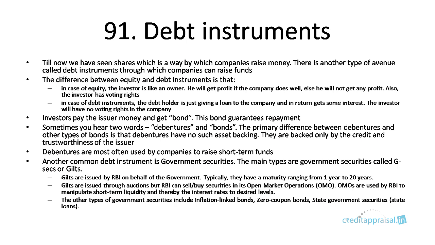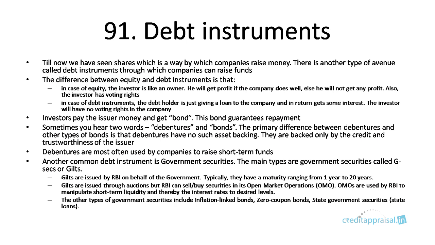Also, not just companies, the government also issues debt instruments. They're known as government securities, GSECs or gilts. They're issued by RBI on behalf of the government, and they're available in a variety of maturities starting from 1 to 20 years. We'll discuss all this later. RBI conducts what is known as open market operations, and RBI will be controlling the short-term liquidity in the economy, and also if it has some target interest rate in the economy, it will do these open market operations to control the economy. All this we'll discuss when we come to economy in a later chapter.